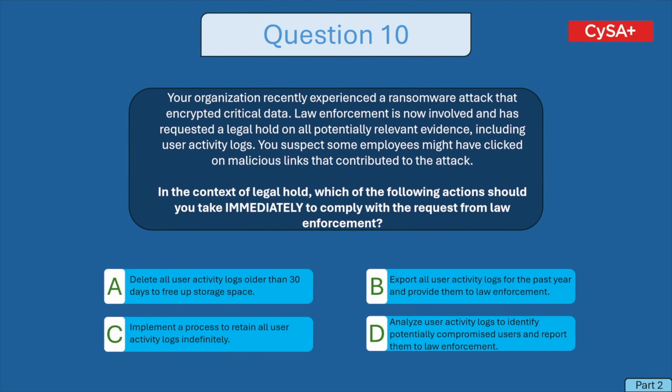Question 10. Your organization recently experienced a ransomware attack that encrypted critical data. Law enforcement is now involved and has requested a legal hold on all potentially relevant evidence, including user activity logs. You suspect some employees might have clicked on malicious links that contributed to the attack. In the context of legal hold, which of the following actions should you take immediately to comply with the request